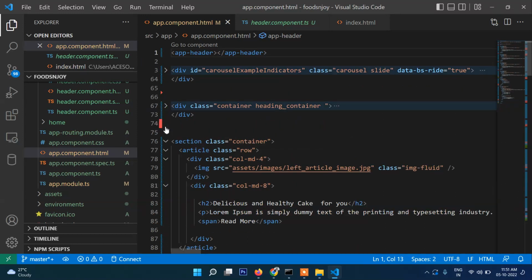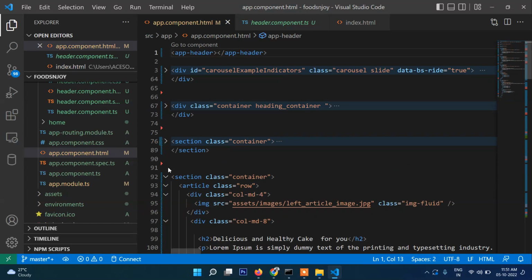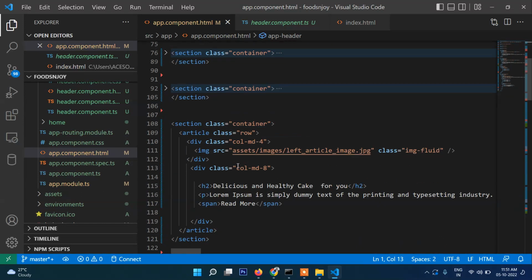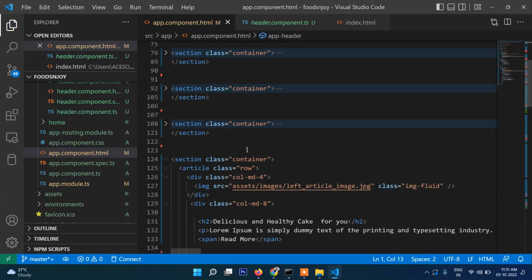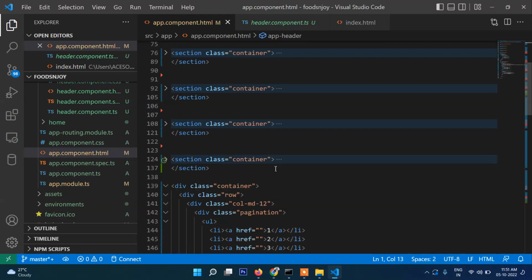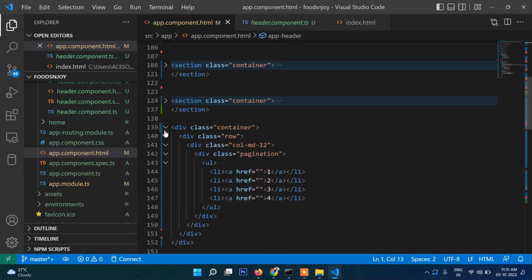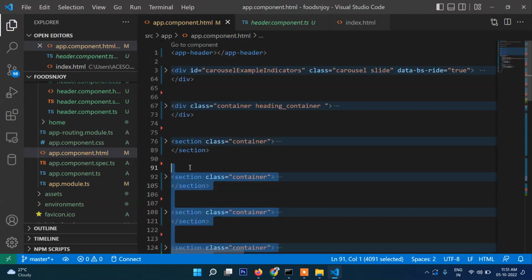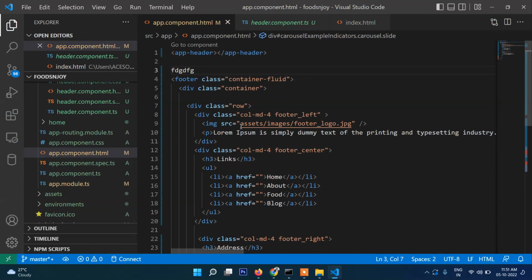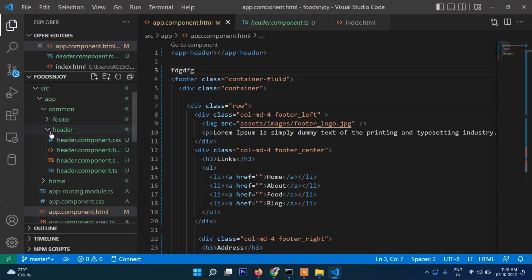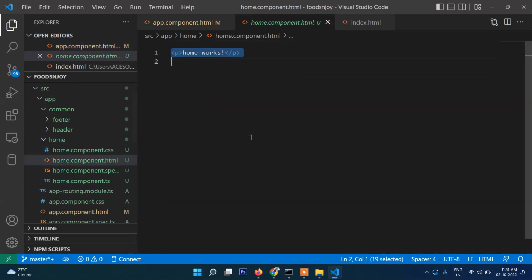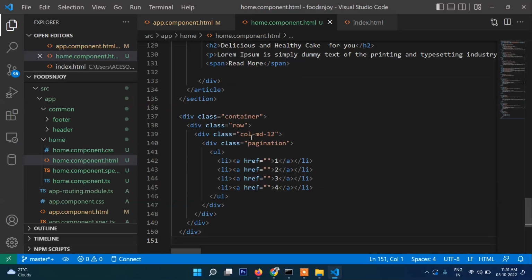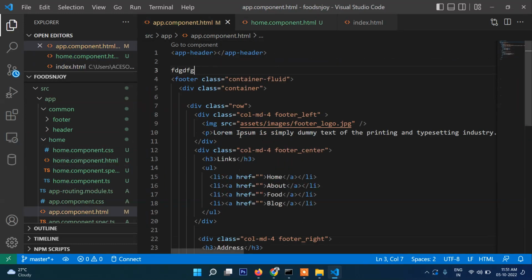Okay, so all these things we will take into home component. So where is home component? This is home component. Just paste everything here in home component, and here